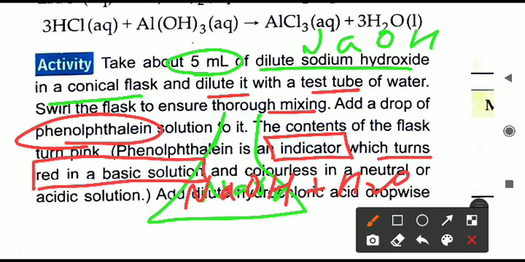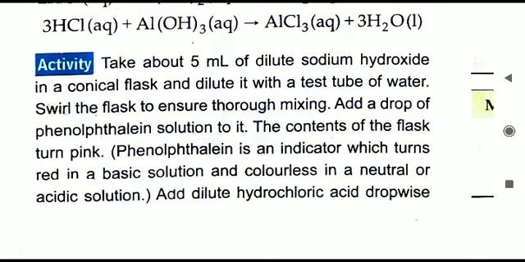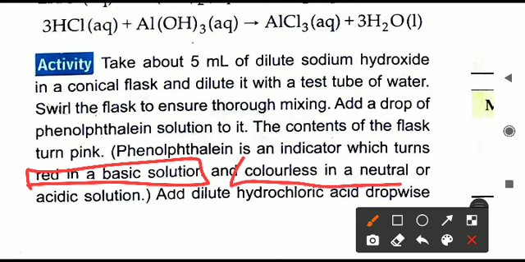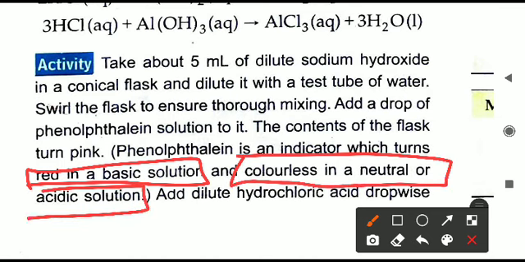Underline this in the book, you have to learn this. Phenolphthalein is the acid base indicator. It will tell whether the liquid is acid or base. Again I repeat, you take some liquid and you have to identify whether this liquid is acid or base. So how will we identify? We will put a few drops, 1 or 2 drops only, of phenolphthalein. Phenolphthalein indicator will turn red if the solution is basic, and it will remain colorless if the solution is neutral or acidic.